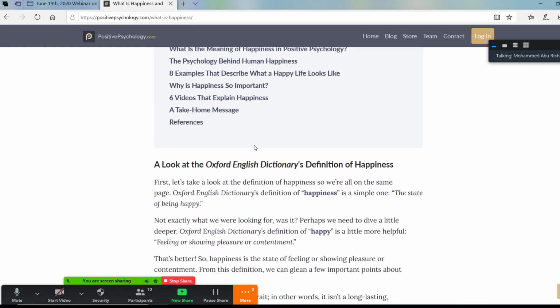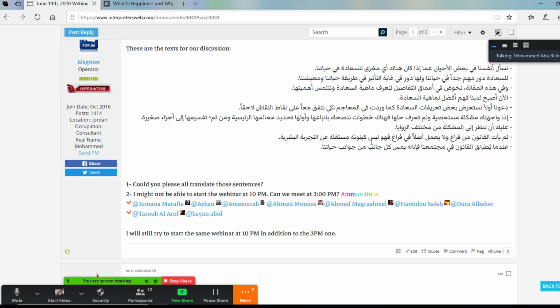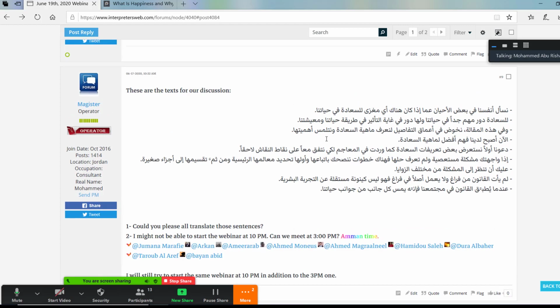What we do is to translate them. This is the third step: to translate interesting phrases and expressions into Arabic. The result was this one, and I put it on the forums in case you would like to translate them. I hope that somebody will translate them. Nobody did. Anyway, I just said, could you please translate the sentences? Nobody translated them. Maybe the instructions were not clear.